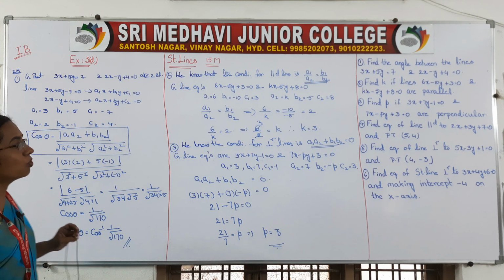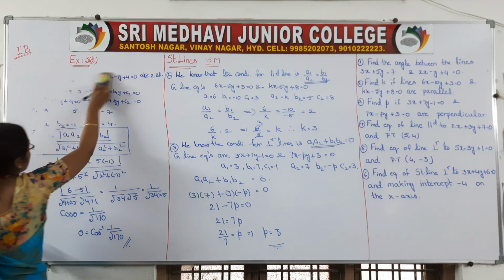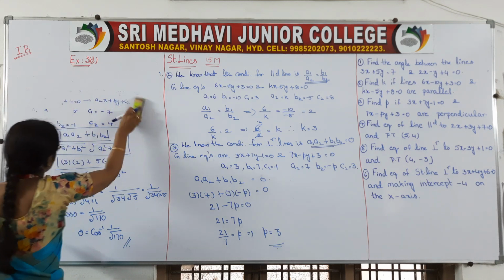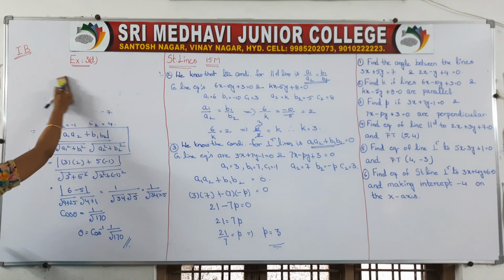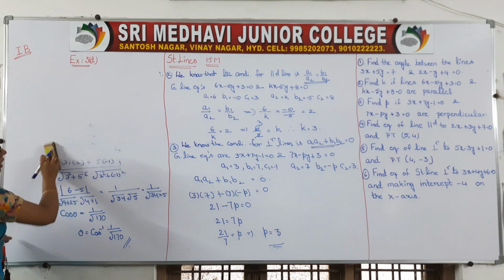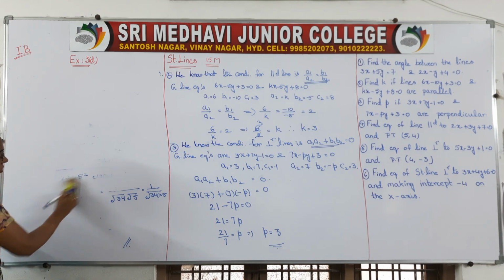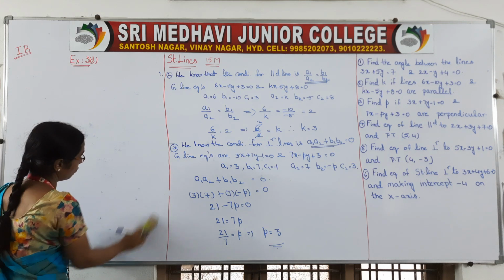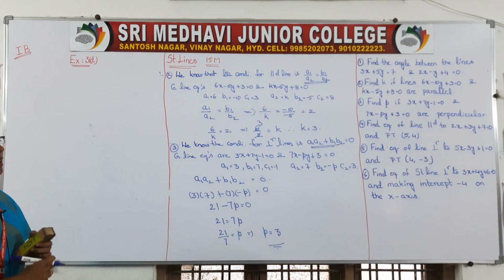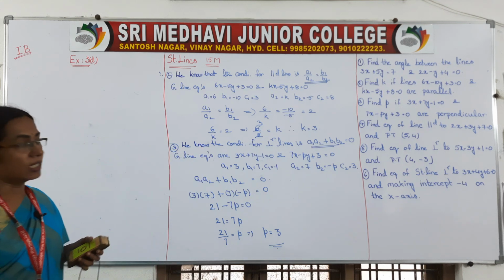Now come to the fourth question. What is the fourth question? Before solving any maths problem, try to read the question carefully and find out which information you got. Okay, so now we are doing the fourth question. Read the question from the board. What is it? Fourth one. Find the equation of the line parallel to that line and passes through this point.